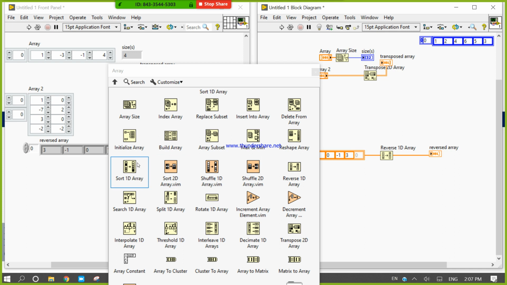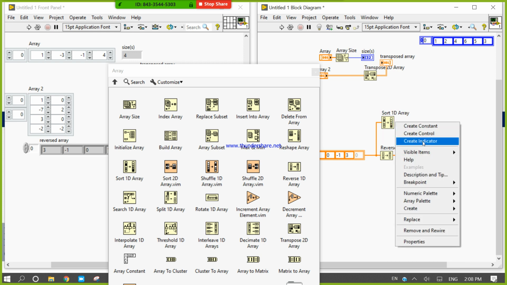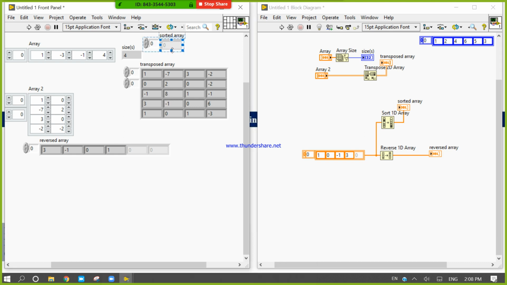Okay, sort 1D array. Let's see what the work of sort 1D array is.